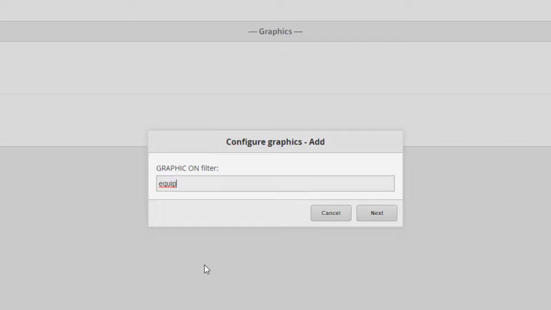So, by using Boolean operators, we add more restrictions, typing a string for further properties. For example, we add the node subtype. Here, it is extremely important to follow a syntax. The property name must be written in the proper way, respecting uppercase and lowercase letters. Then the property name is followed by a double equal sign, then the value is specified in quotation marks. The graphic on filter can be edited later on in case we need to change the rule.